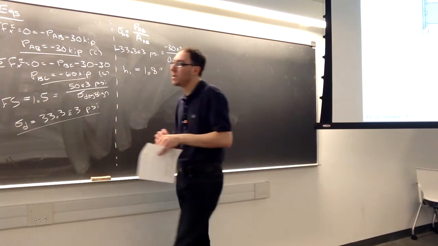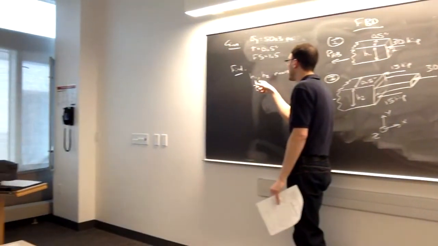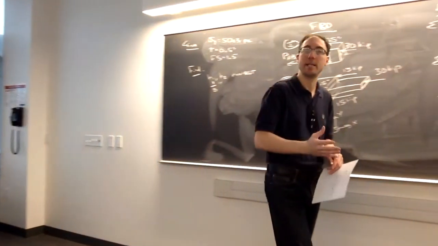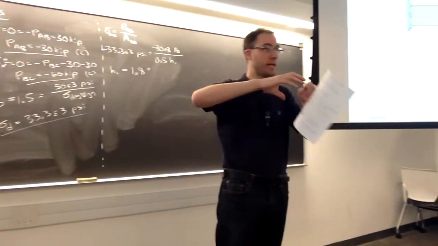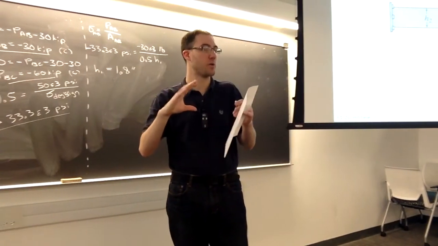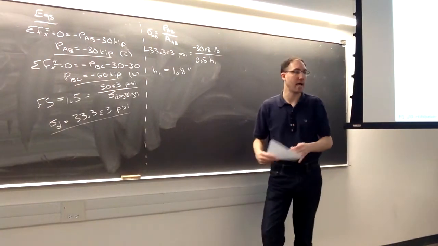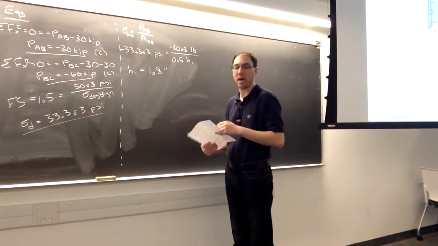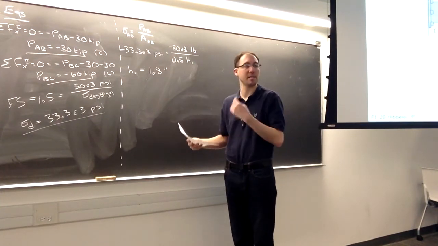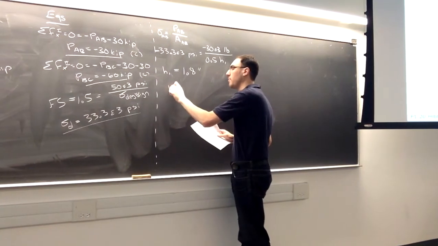It does not necessarily, unless it happens to be a multiple of 1/8 of an inch. We want it to the nearest 1/8 of an inch, and the same idea we used in the last problem, that we're going to want to err on the side of making the cross-section too large rather than too small. So 1.8 inches is not exactly a multiple of 1/8 of an inch. What we can do is multiply this by 8 and express it as a fraction over 8. So 1.8 times 8 gives us 14.4